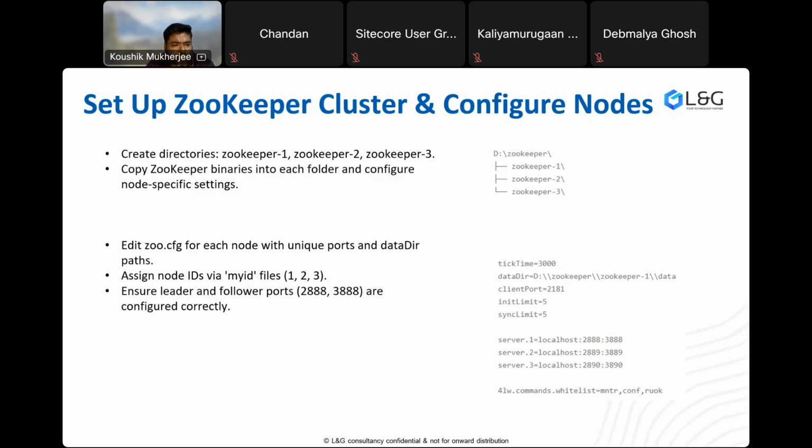Next, you need to edit the zoo.cfg file. Each node will have a zoo.cfg file, and there you need to provide unique ports. These 3, ZooKeeper 1, 2, and 3, will run on 3 different ports, say 3888, 3889, 3890. So you need to provide a unique port number for each ZooKeeper instance. And you also need to assign a specific ID, which should be unique for each